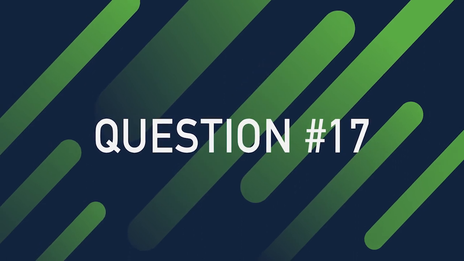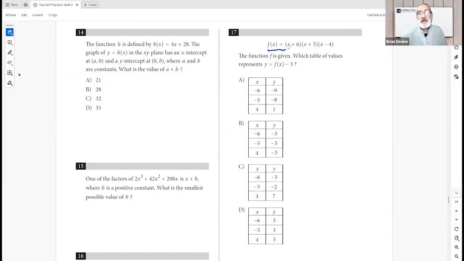Problem 17. We're given a polynomial that's been factored. And I note right away that if x equals negative 6, or negative 5, or negative 4, then this thing is going to equal 0. And if I take that thing and move it down 3, then wherever I've got negative 6, negative 5, negative 4 equaling 0, minus 3,